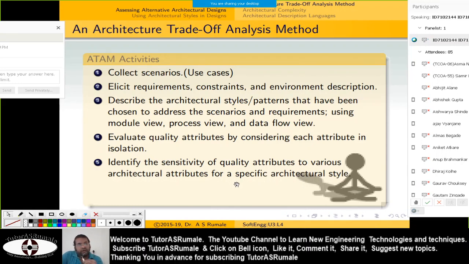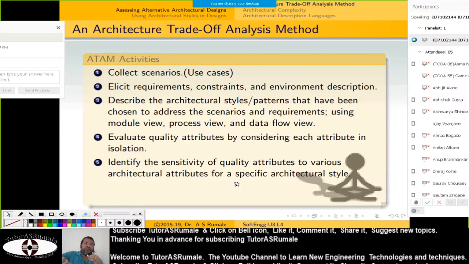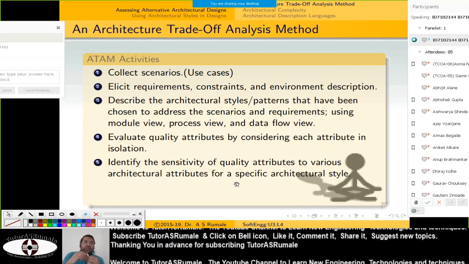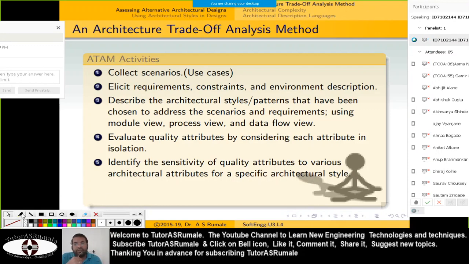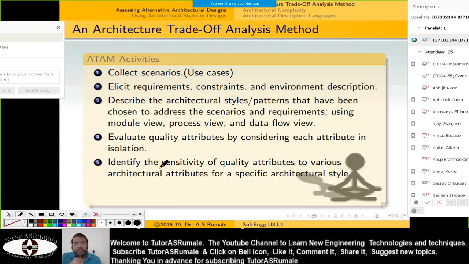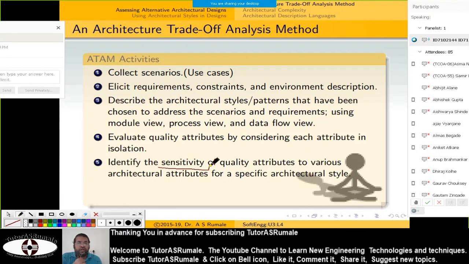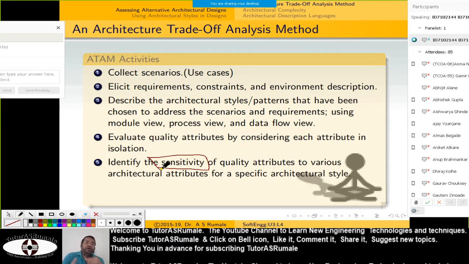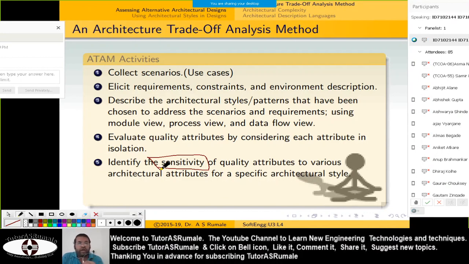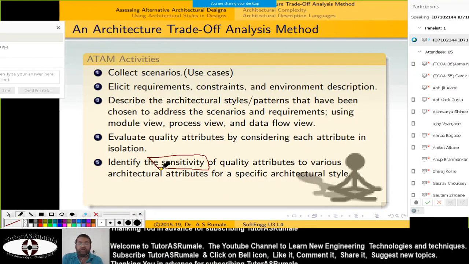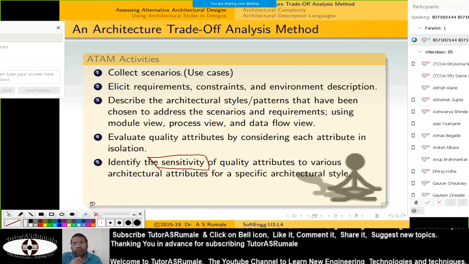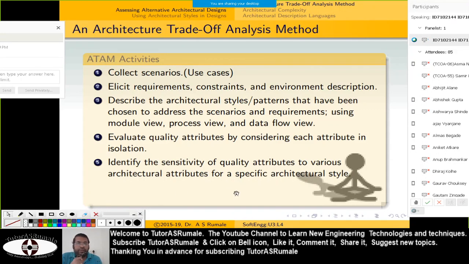In that case you have to revert the operation and credit your account with the 100 rupees, and likewise. That is what we call sensitivity. Sensitivity means how accurate your transaction is, and how accurately it can process everything. So you have to identify the sensitivity of every quality attribute in a system, and that is what we say when it comes to trade-off analysis.